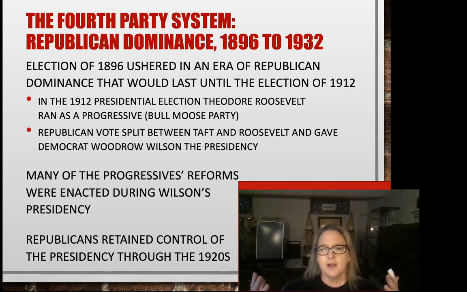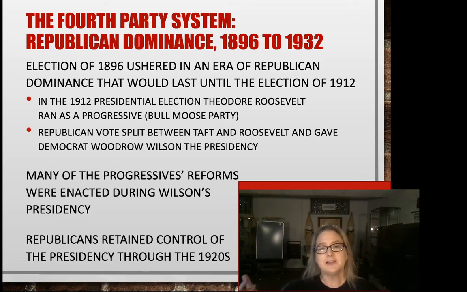He was very progressive. He was very much into the trust busting. He was also a conservationist. And he grooms his successor and then decides that he is unhappy with the way that it's being done. So he then runs against him. So in 1912, Theodore Roosevelt does not win the nomination of the Republican Party, even though he'd been a two-term Republican president. So he runs as a progressive under what he called the Bull Moose Party,